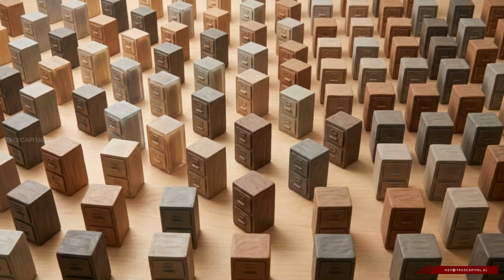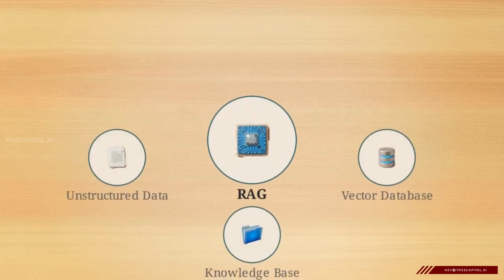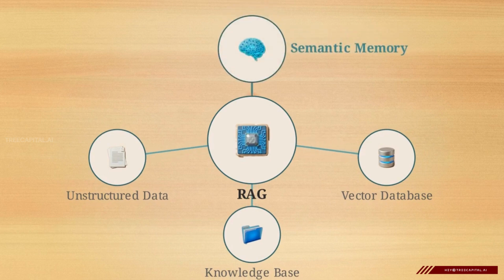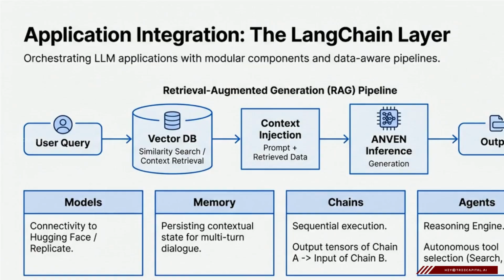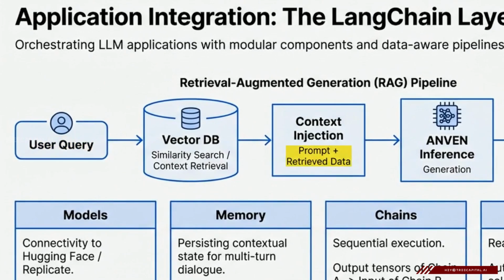If your priority is factual accuracy and strict adherence to corporate policy, you need to head straight to the reference aisle. Here, we build with Retrieval Augmented Generation, or RAG. You can think of RAG as the semantic memory of your AI ecosystem. This diagram illustrates the application integration layer. A user query travels to the vector database, and matching data is injected into the prompt. The database houses corporate documents converted into vector embeddings, running a similarity search to find the representations that best match